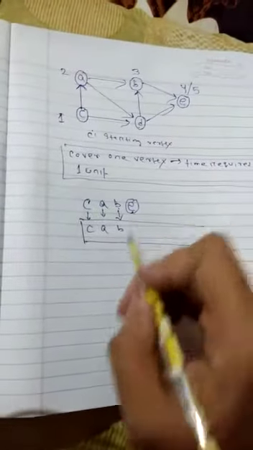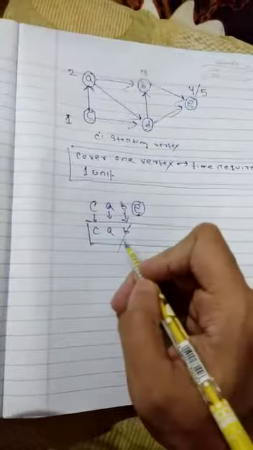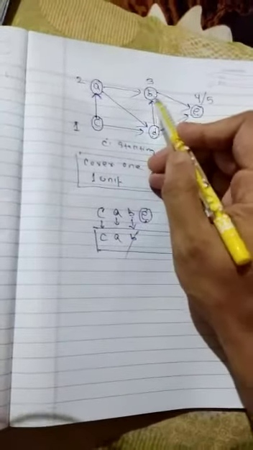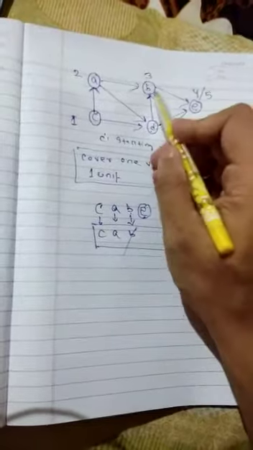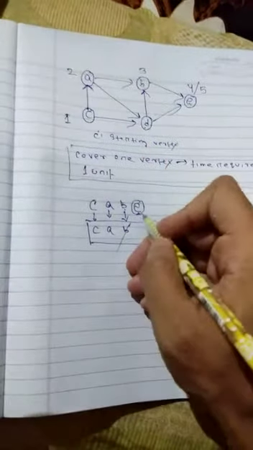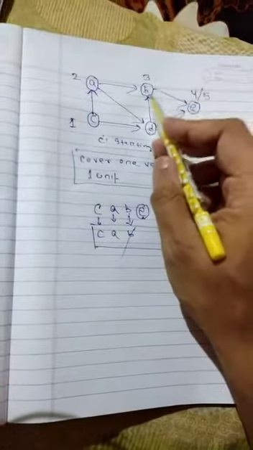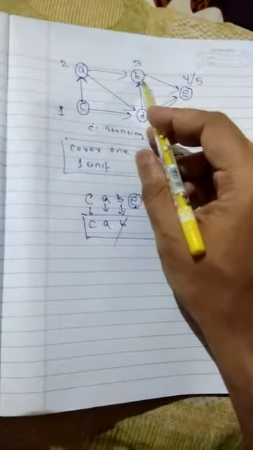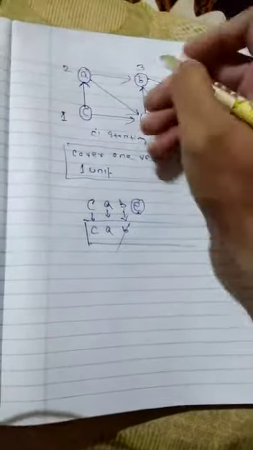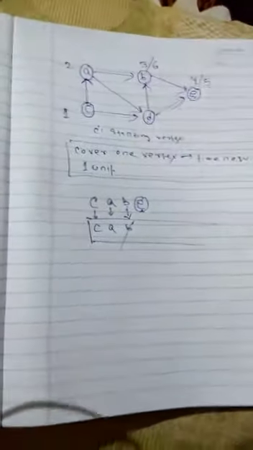Okay, then we have to pop out the element from the stack and check. So I pop out B and check. Using B, what is the adjacent? E is there. E is already visited, already traversed. Then by using B also, we cannot find any new vertex. So B also completed its traversal. That means B finishing time I am writing after 5, then at 6 units of time.